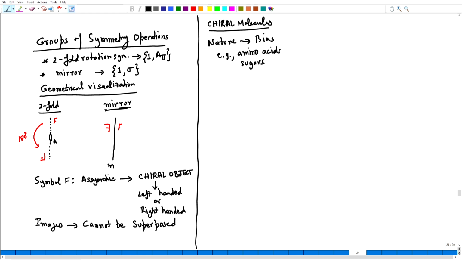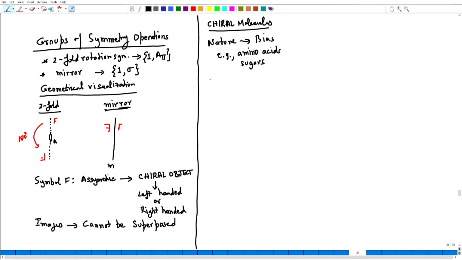And so also many of our medicines today, the active molecule, some of the important medicines are produced with a particular handedness. And if you go back to the 1960s, because a left handed version of a molecule may have the desired effect, while the right handed version of the molecule in a medicine at best may not have an effect, and at worst it could be disastrous. And one classic example of that is the thalidomide disaster.